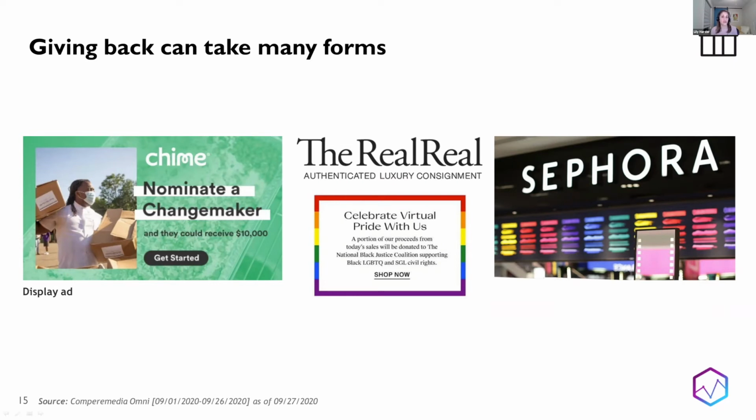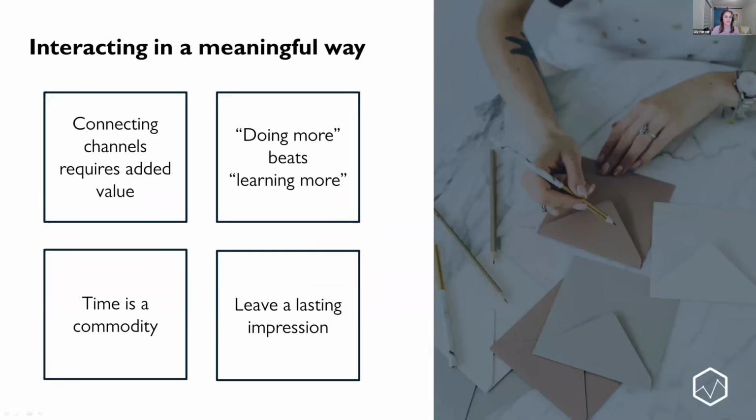Sephora as well. Sephora allowed customers to use their points to turn those points into donations, specifically for the National Black Justice Coalition. So people can use their rewards, and it's definitely recognizing and promoting the partnership, but then giving those customers a chance to also participate. National Black Justice Coalition is a civil rights organization that empowers Black members of the LGBTQ community. And then we've seen some other organizations partnering with them as well. So you can go into your accounts and then pick how many points you want to use for different denominations to make a donation. So another clever way to, again, get people involved.